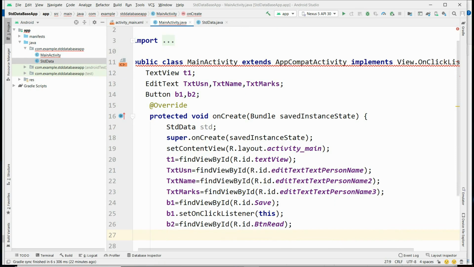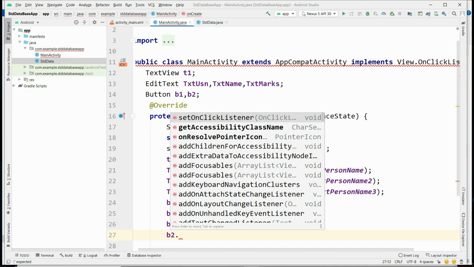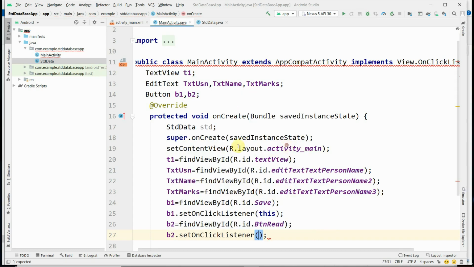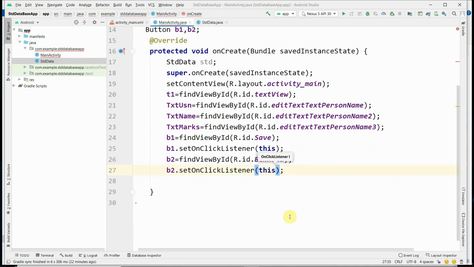This b2 button is mapped to the btn read object, btn read user interface. The b2 object is mapped to btn read user interface. Now b2 dot set on click listener, select set on click listener, and give the parameter this. Thus mapping is over. Next thing is